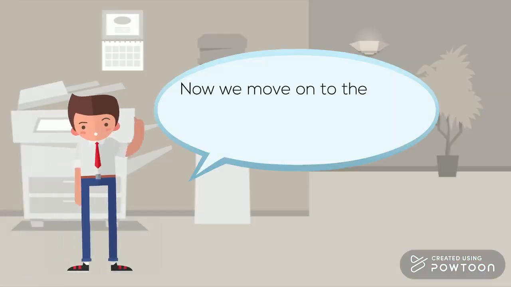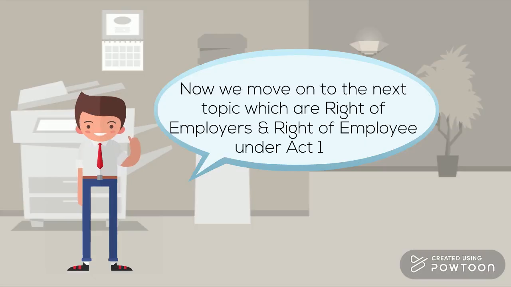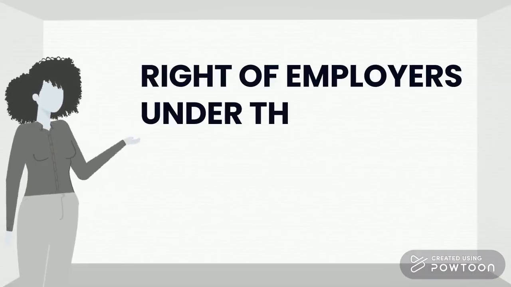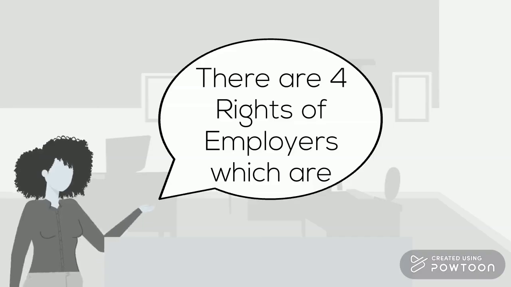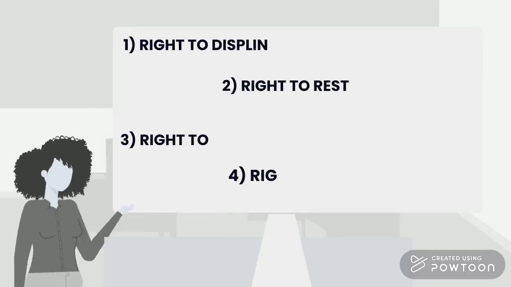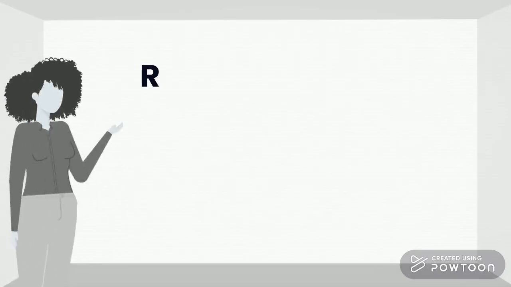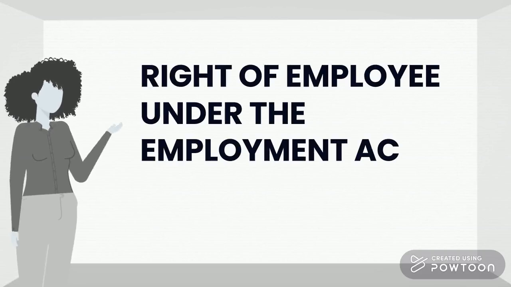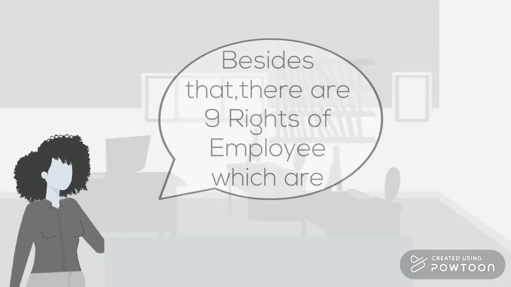Now we move on to the next topic, which is rights of employers and rights of employees under the Employment Act 1955. Firstly, rights of employers under the Employment Act 1955. There are 4 rights of employers, which are: Next, rights of employees under the Employment Act 1955. Besides that, there are 9 rights of employees, which are: